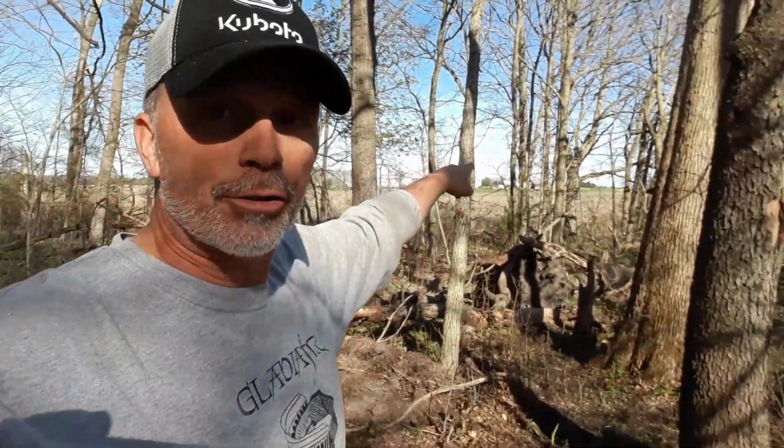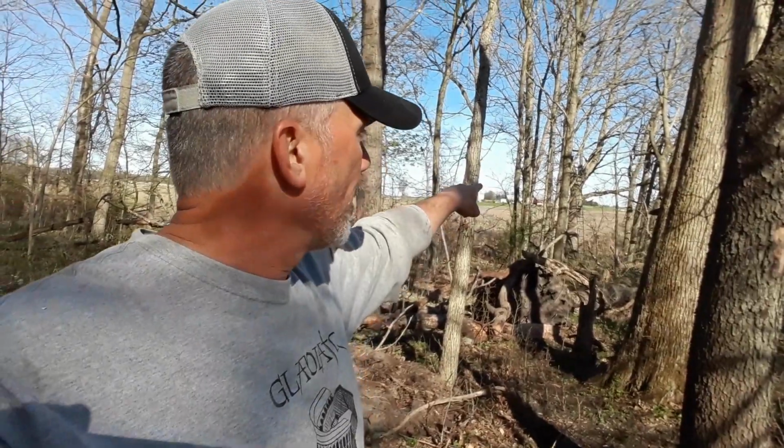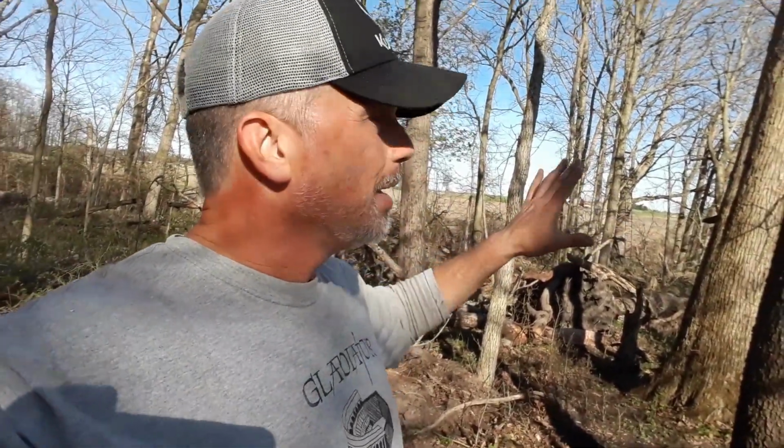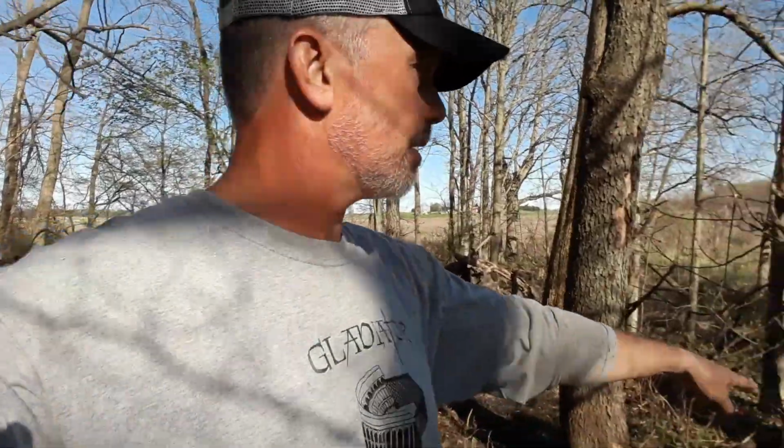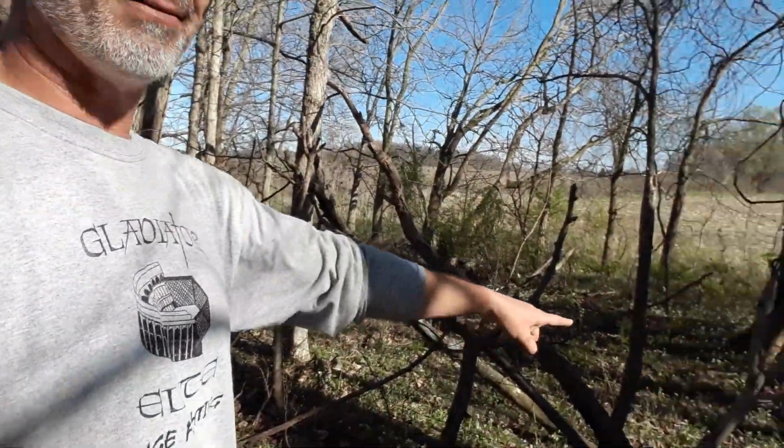You might be able to see the tree stand right back here. We have plenty of deer within range of that, but sometimes one would come down this trail, even though it wasn't a mowed path like we have now. There was still a deer trail, and they would use this lower area of the fence right here where it sags in. So what I've done is I put